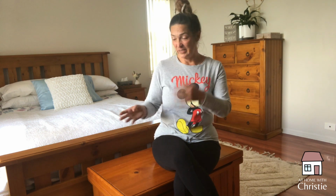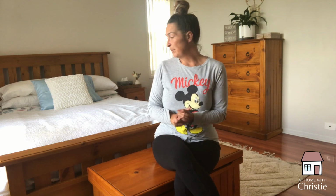This rug from Kmart is a nightmare. Every time you vacuum it, it just gets caught up in the vacuum, it lifts up, I trip over it. It's horrible. That needs to go. I'm looking to purchase a summer quilt cover soon. I think I'm going to stick with all white. I know it's a little bit bland for some people's taste, but I kind of like just that fresh, clean,